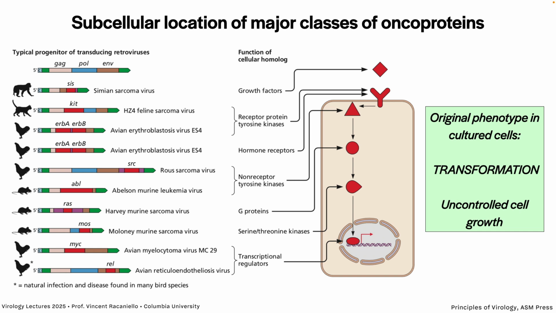Now, among these oncogenes, many of these are mutated in human cancers. And so you can imagine if there's a mutation in a growth factor receptor, the cell will divide without the growth factor. It keeps dividing. That one mutation, one amino acid change, makes the cell divide forever. It's called the cancer driver. And these are present in many human cancers. So that's what we have learned from studying how viruses transform cells.